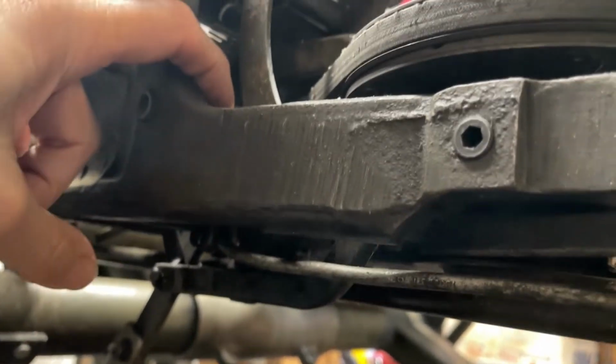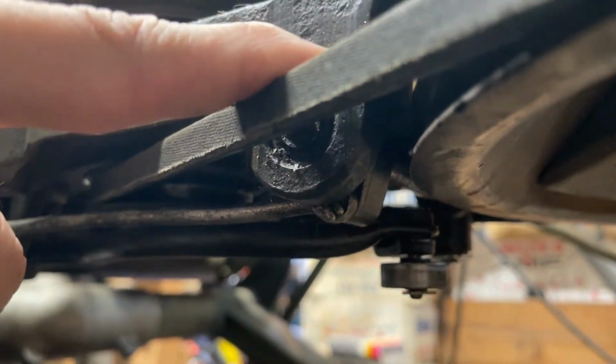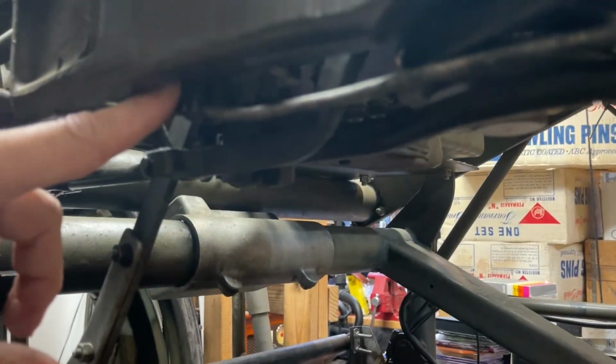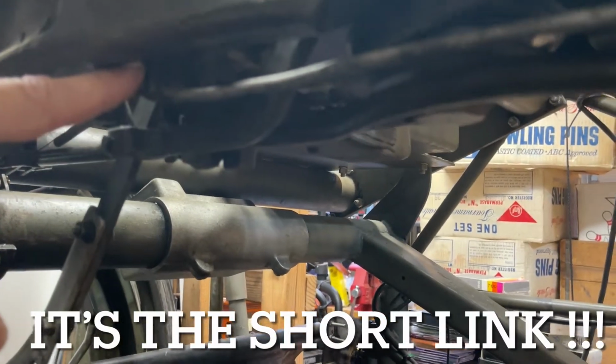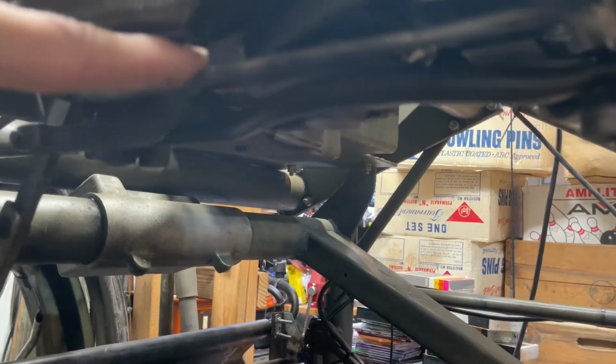When that back bell crank comes loose, you can sit there and move this pedal and nothing happens up here. So you're going to have a lot of slop in there. Also, the fitting up here in the front and the back of the long link slops out. It's just a pin through steel. You want to lubricate those things. Keep them lubricated because they wear out and they ovalize, and then you get a lot of slop in there,